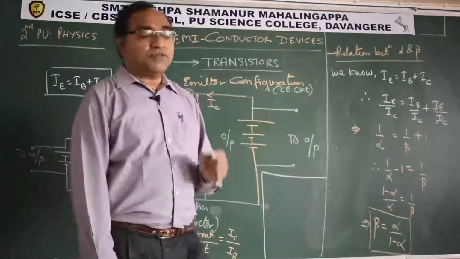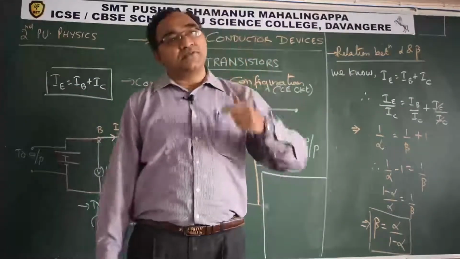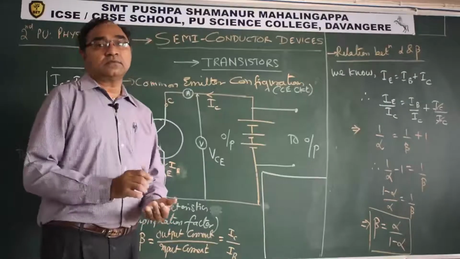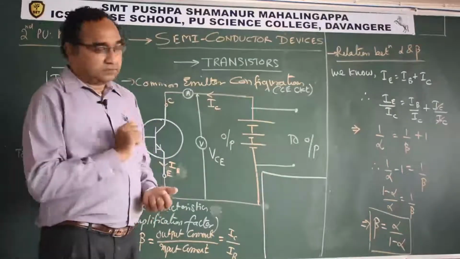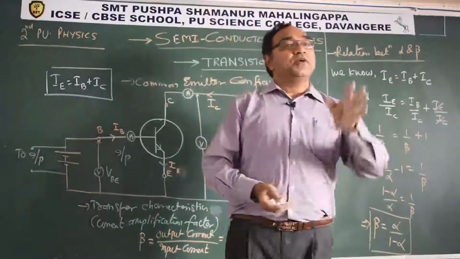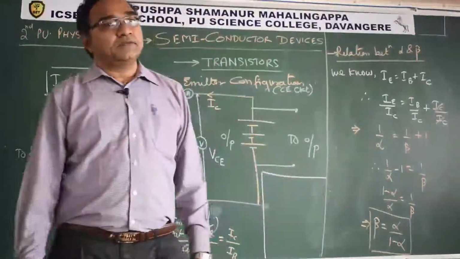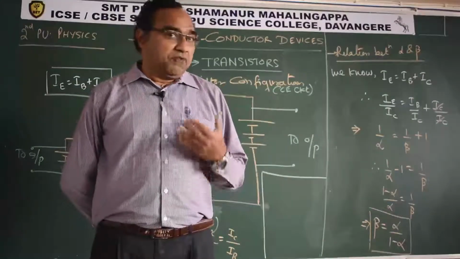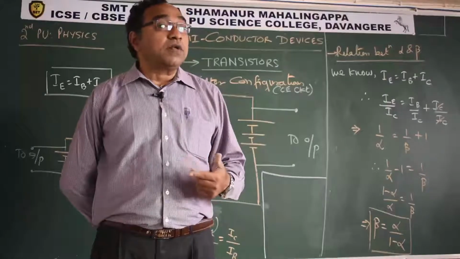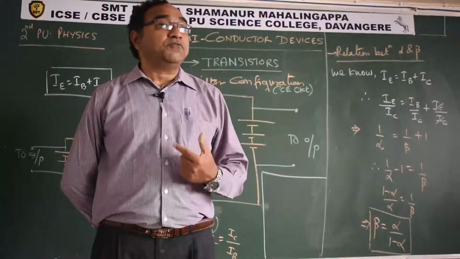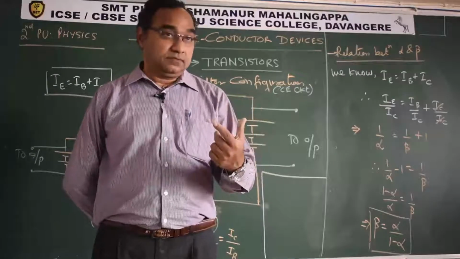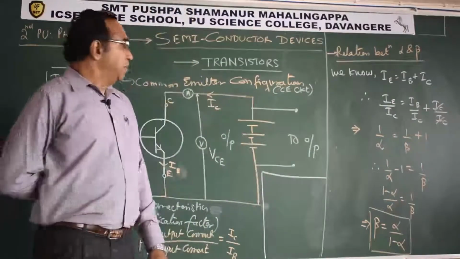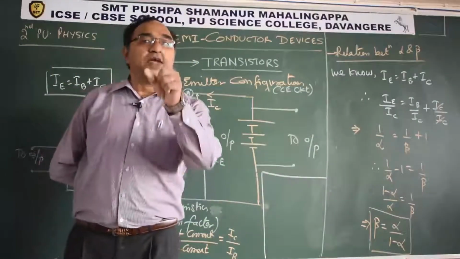We know that alpha varies from, we saw alpha is less than 1. How much less than 1? Question arises. How much less than 1? Is it 0.5? Is it 0.1? Is it 0.01? Please think. Just go back to the CB circuit. What is alpha? Alpha is the current amplification factor in case of common base circuit, wherein we said that there is recombination of the two ions, positive charges, holes and electrons happening. That exactly caused output current to be less. Remember why the output current was less in common base configuration?